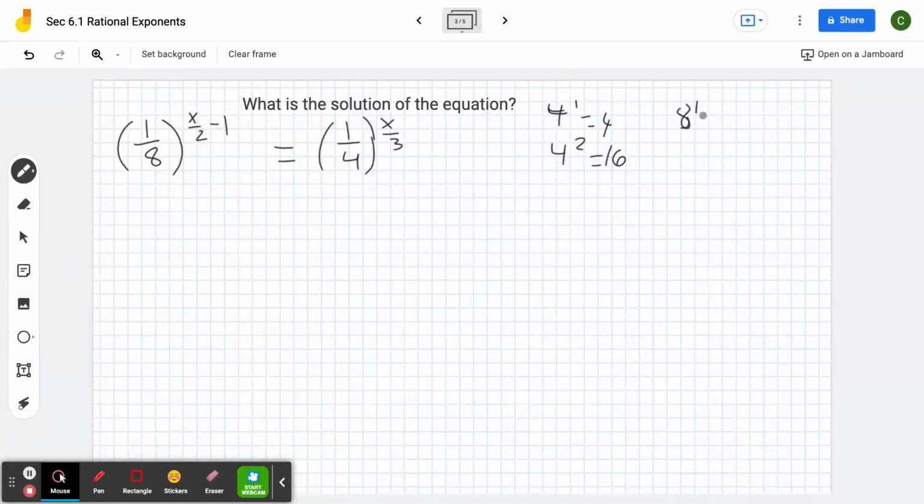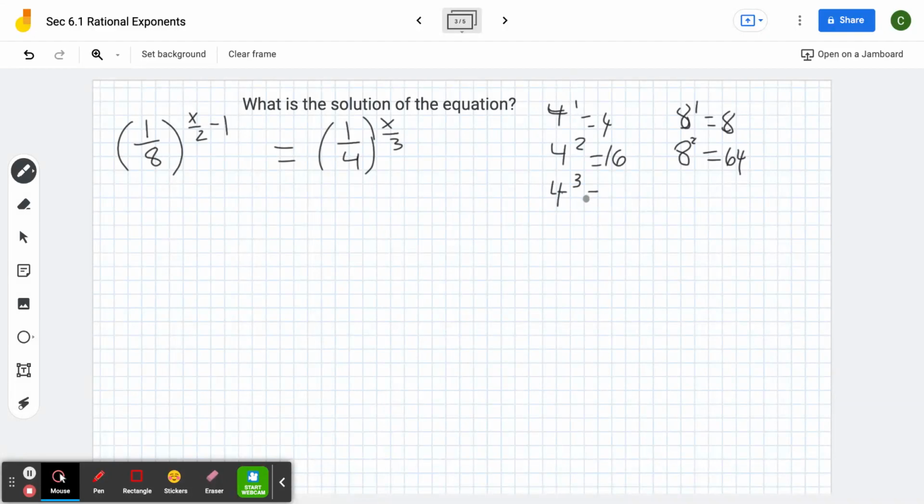8 to the first gives me 8. So I just can't multiply 4 times 2 and get 8. 4 squared is 16. So obviously, I'm going to have to do something to my 8s as well to get them to match. So let's see here. 8 squared, we have to think exponentially here. 8 squared is 64. I wonder if maybe we can take our 4